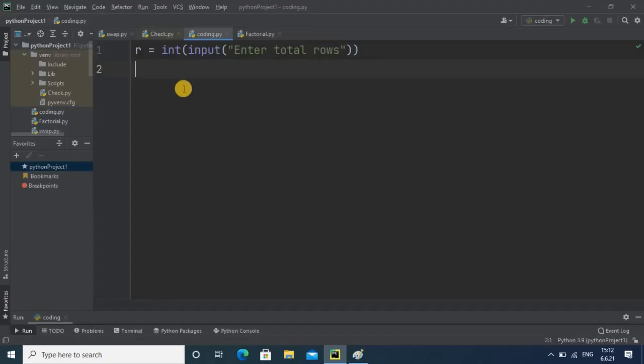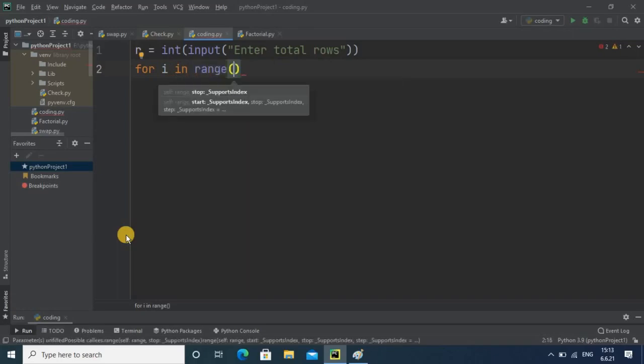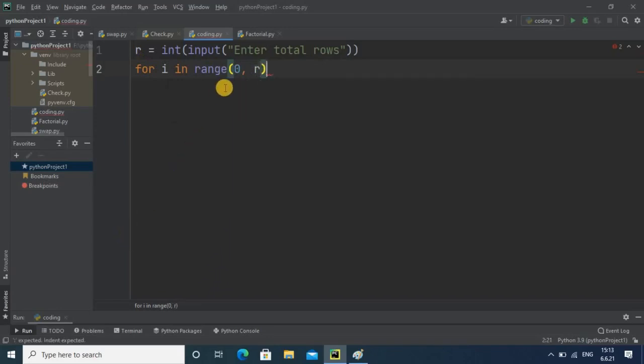Now here we are in the PyCharm editor, and by using this statement the user will enter the number of rows. Then for getting the star or number pattern, as usual you have to use a loop. So I am taking the first for loop for the i variable, and the range for that is very important. As usual the range starts with 0. Next value I will give will be equal to the row size value. So it is going from 0 to r. Suppose my input is 3, so it will be repeated for values 0, 1 and 2, meaning 3 times.